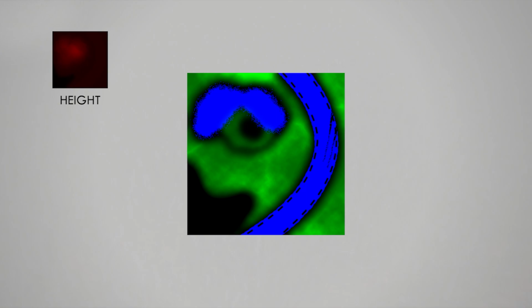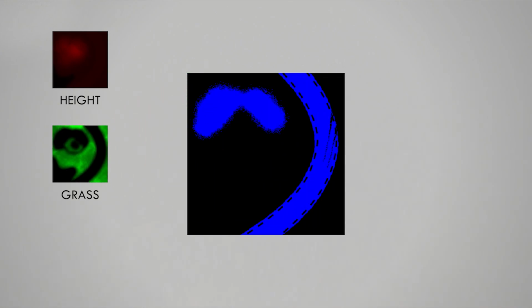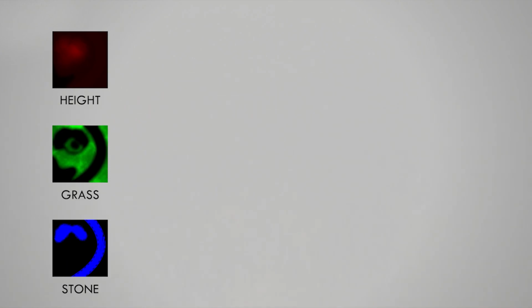Let's pause here for a moment just to discuss why I am doing this and what you can do instead in case your graphics editor doesn't support setting color channels per group or layer. As I explained in the height map tutorial, the 3 color channels of the image each control one specific aspect of the height map. Red controls the height, green controls the amount of grass, and blue controls whether the surface should be stone instead of the plain dirt it would otherwise be.